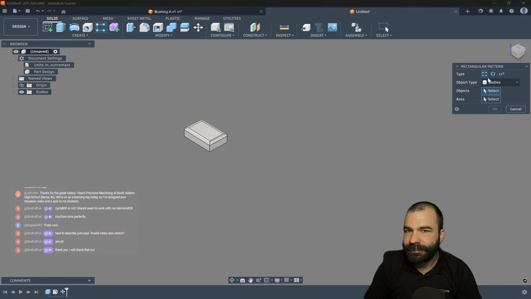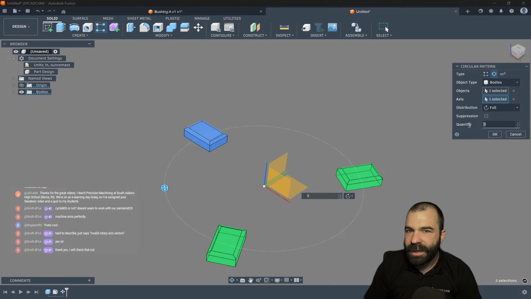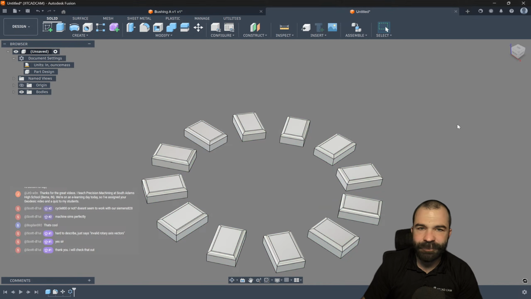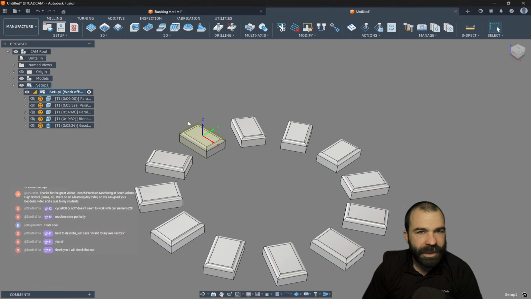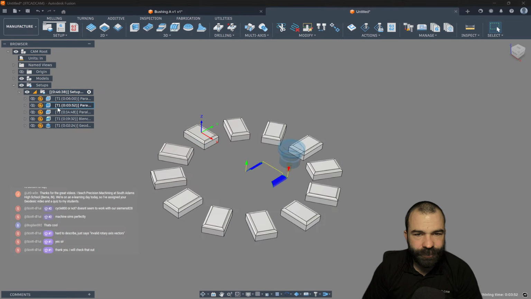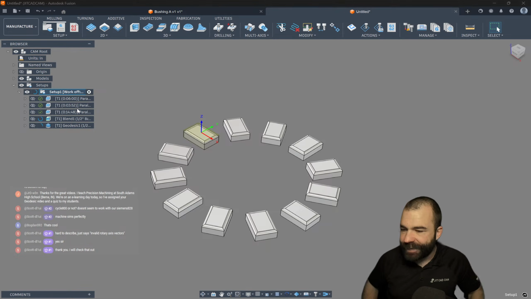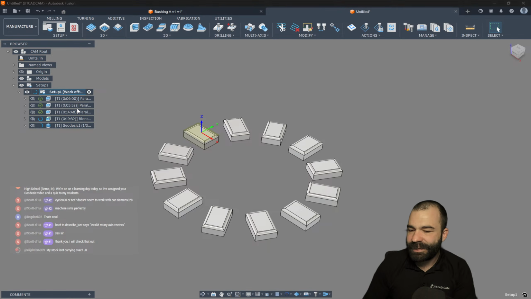Circular. This guy around center. Now, the issue somebody was having is when utilizing a toolpath pattern, they were getting an issue. Let's go ahead and regenerate my toolpaths here. And the issue is that when simulating